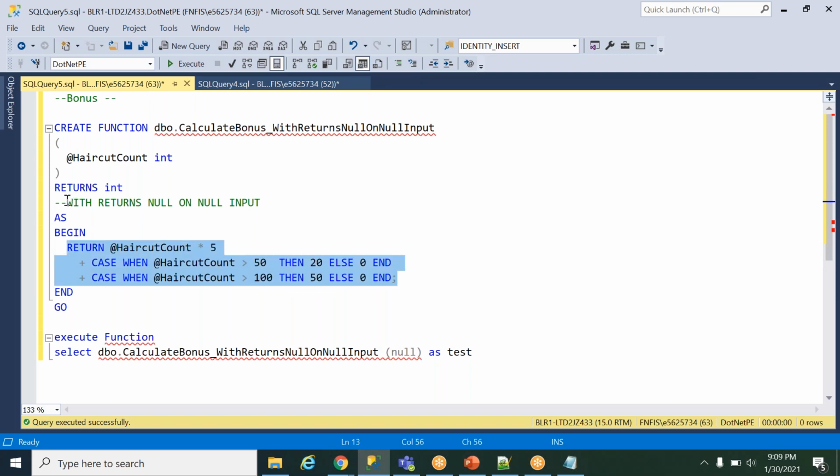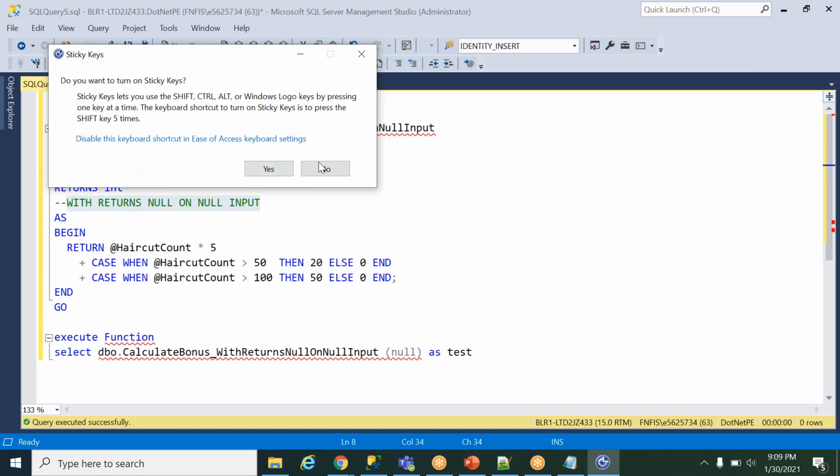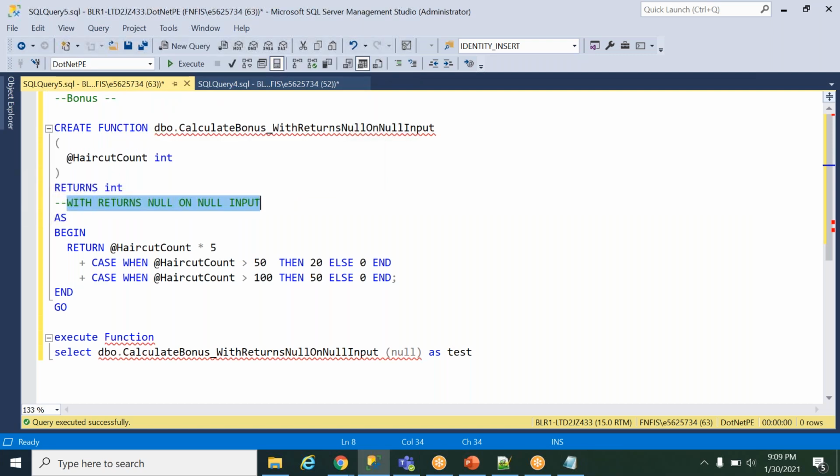This is a very good feature in the function. It's better if we keep this statement in the functions. You can check in your database when you open the function, you can just see it. If it is not there, maybe you can ask them to keep it if it is taking more time. Any questions? I'm good. You're good, right?